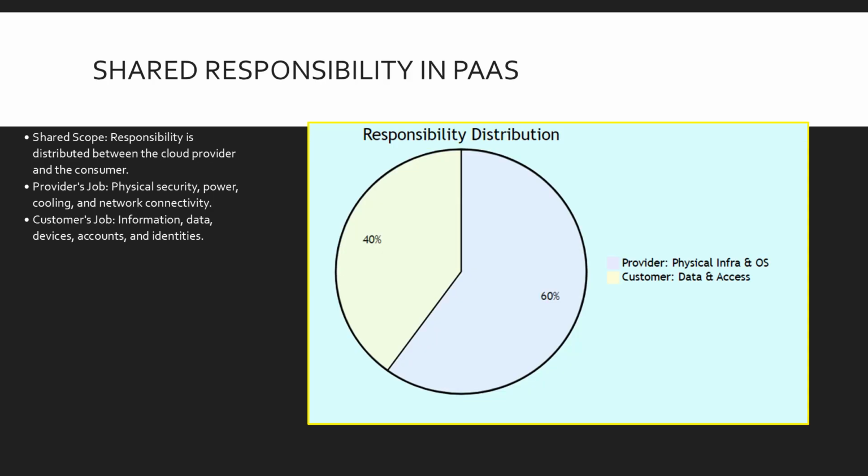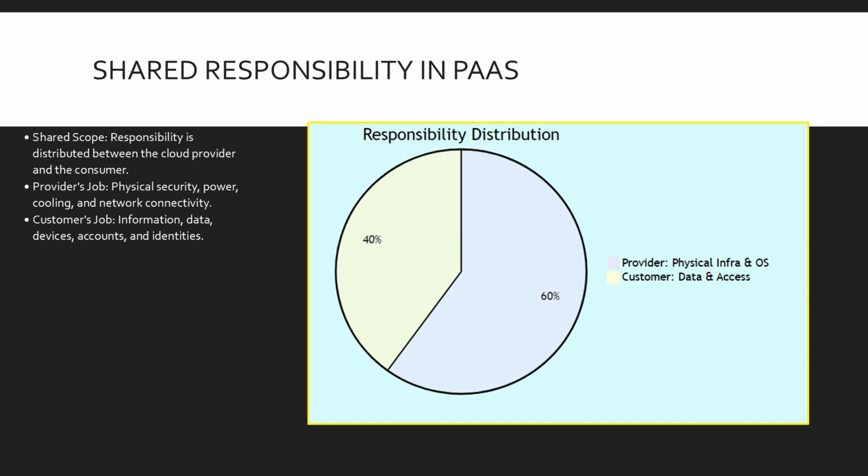Understanding PaaS requires understanding the shared responsibility model. PaaS sits in the middle of the spectrum. The cloud provider is always responsible for the physical data center, physical network, and physical hosts. However, you are always responsible for the information and data stored in the cloud, the devices that connect to it, and the accounts and identities of your users. For elements like identity infrastructure and network controls, the responsibility is often shared or configured by you within the provider's